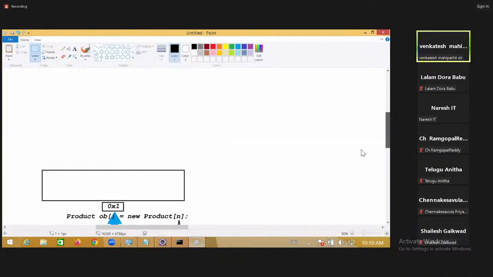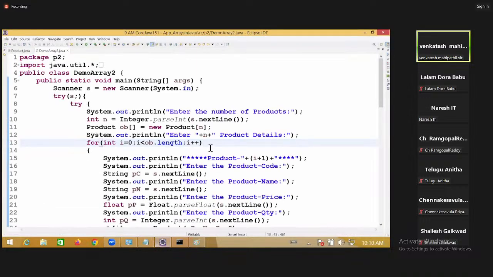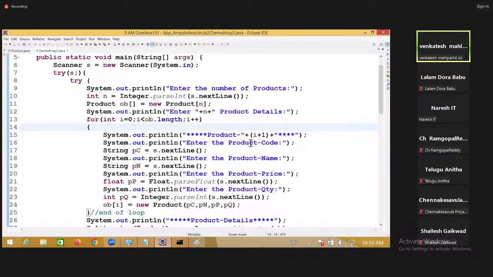So for this we are adding now. See there. This loop runs how many times now? 3 times. Yes or no now? Right. So product 1 means i is equal to 0, 0 less than 3, 0 plus 1, product 1, read